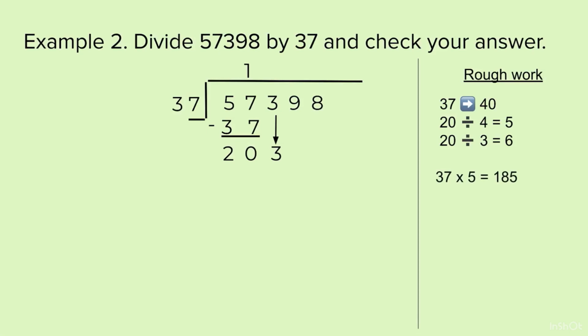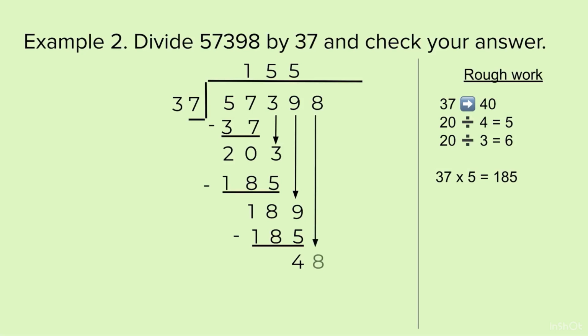So let us directly go to 5, and when we divide by 5, we get 185. So we write 5 on top, 185 at the bottom, subtract, we get 18. Then we bring the 9 down. Now 189 and 185 are very close. So we will not do any sort of calculation. We will again just write 5 on top and 185 at the bottom. Subtract, we get 4. Then we bring the next 8 down.